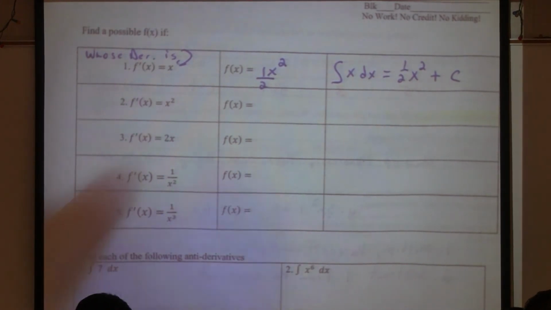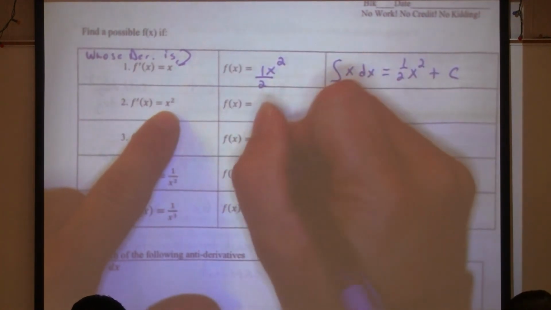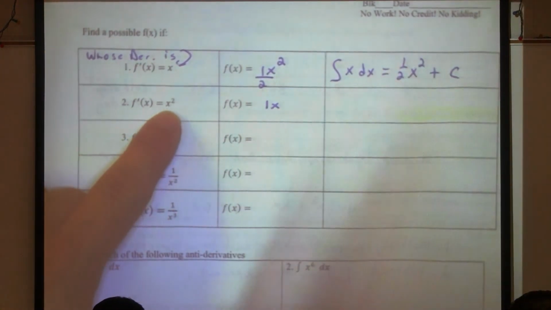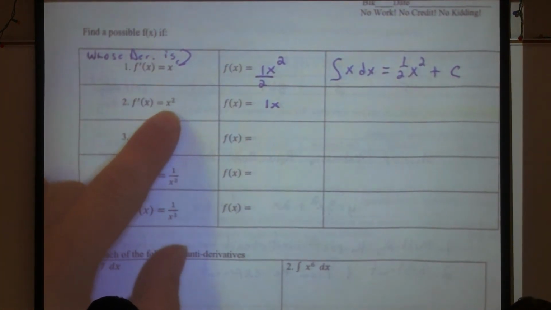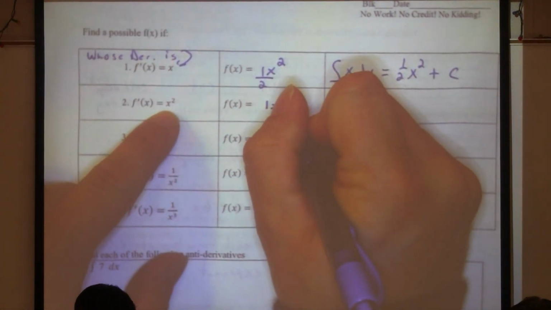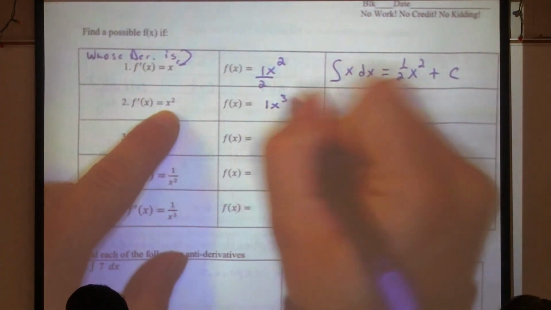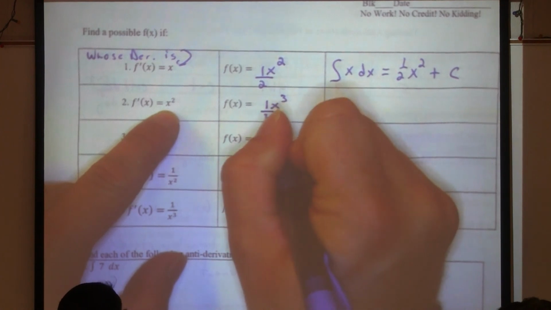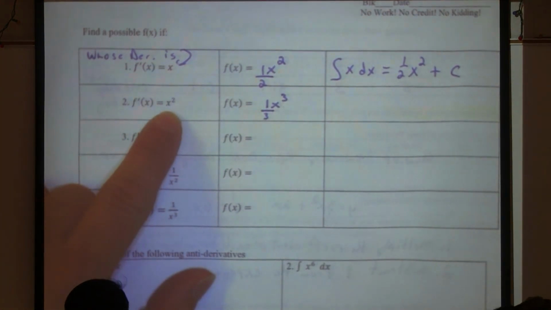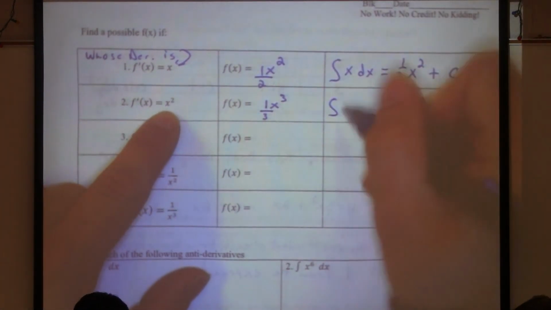Let's do it. Okay, so what I like to do is I write the coefficient and I write the letter, and then I put the new power. So what would the new power be? 3, and then we're going to divide by that new power, so 3. Okay, so over here we're going to have the integral